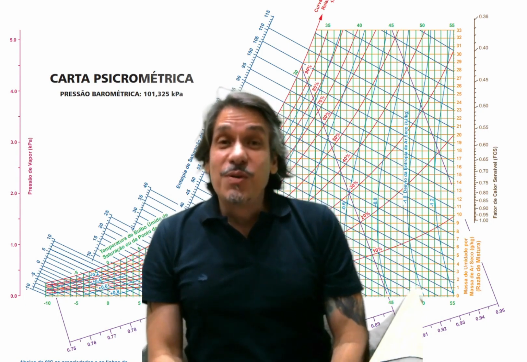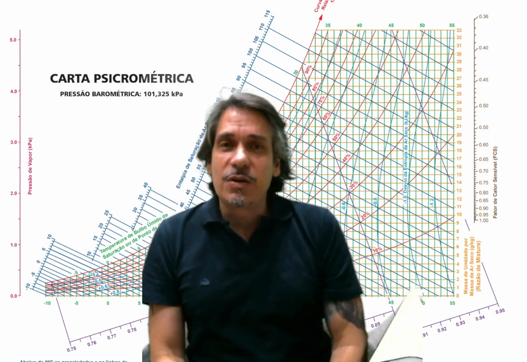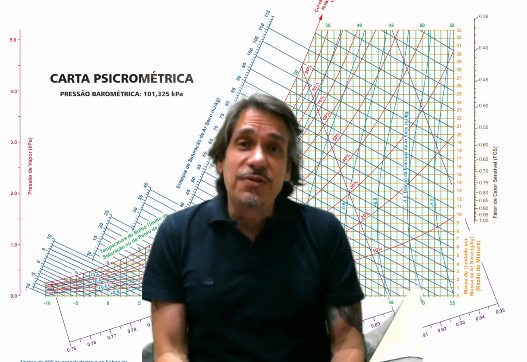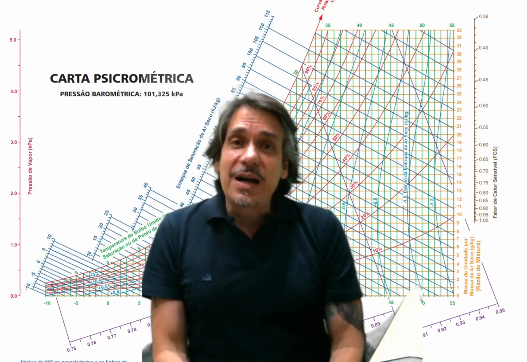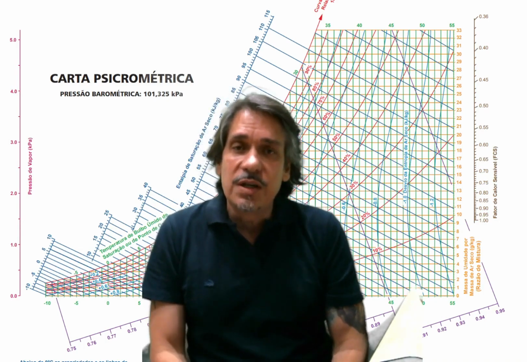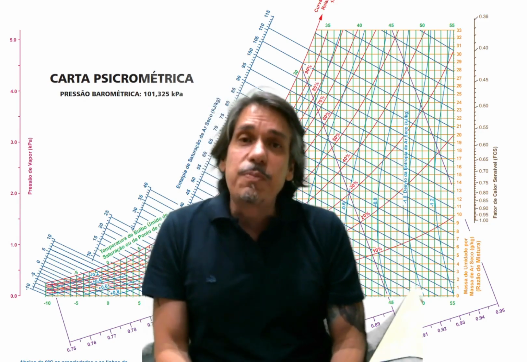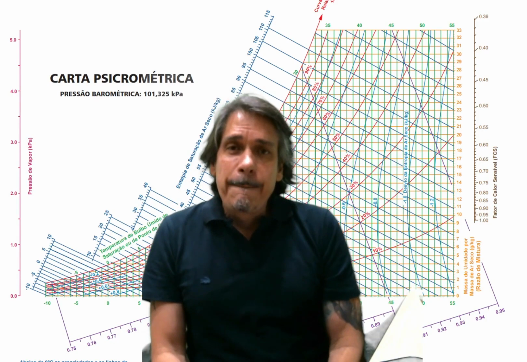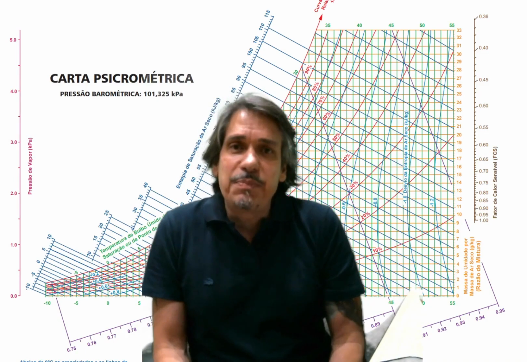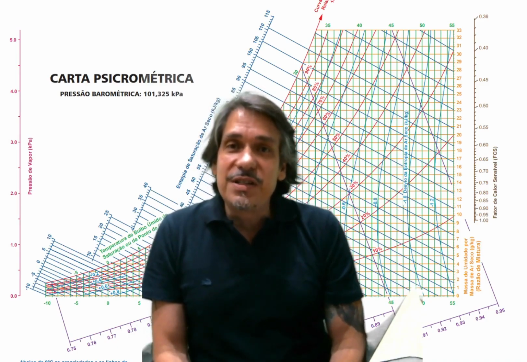Hey guys, my name is Mauricio Crispim, and in today's video we're going to talk about psychrometrics applied to air conditioning. Psychrometrics is the science that studies the physical and thermal properties of the air-vapor-water mixture, and that is why it is very important in different segments of the industry. In air conditioning it is simply fundamental, so that you can understand the thermal process involved. And in our video we will use the psychrometric chart. The psychrometric chart is the tool that will allow us to carry out these studies and understand this air conditioning